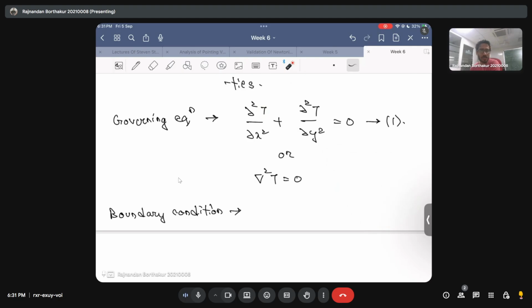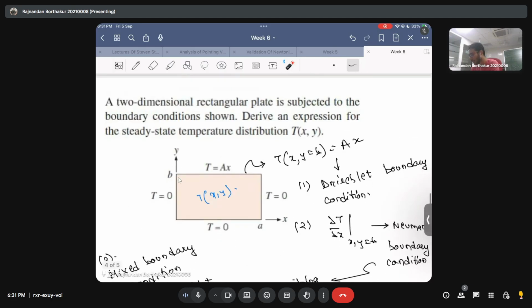Okay, but now since it's a PDE and it's second order in both x and y, essentially we require four boundary conditions to close this problem. In principle, these kinds of PDEs are known as elliptic PDEs, so we'll not go into the details of this. But for an elliptic PDE, in order to have a closed form solution, we need boundary conditions on the